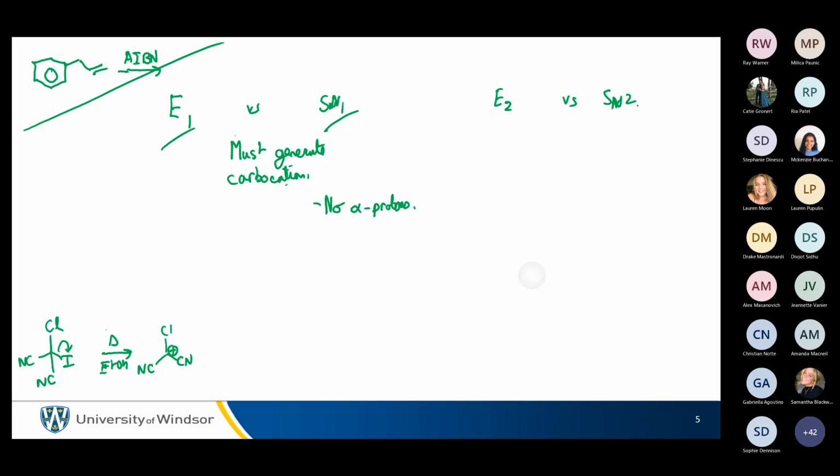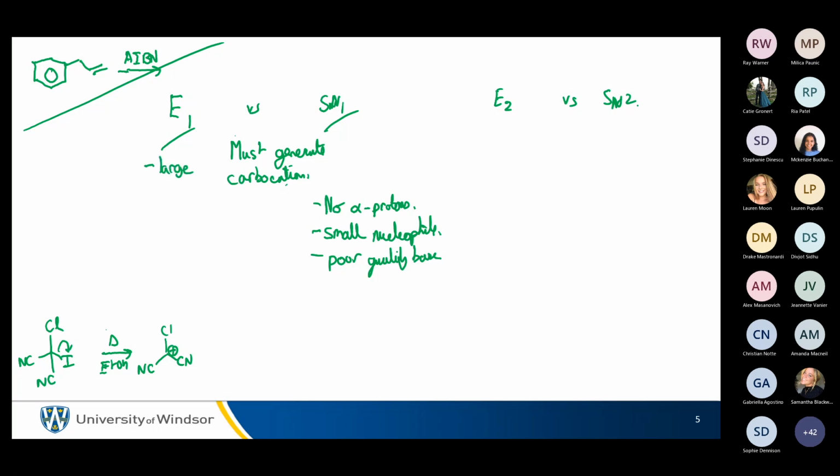More often, what we're looking at is a small nucleophile. I was going to write shitty base, but I'll write poor quality base. So if what you have as your nucleophile is a really poor base. What do I mean by a really poor base? Thiols tend to be bad bases. Cyanides, azides, these all are bad bases. They're much more likely to be nucleophilic than basic. Whereas an E1,